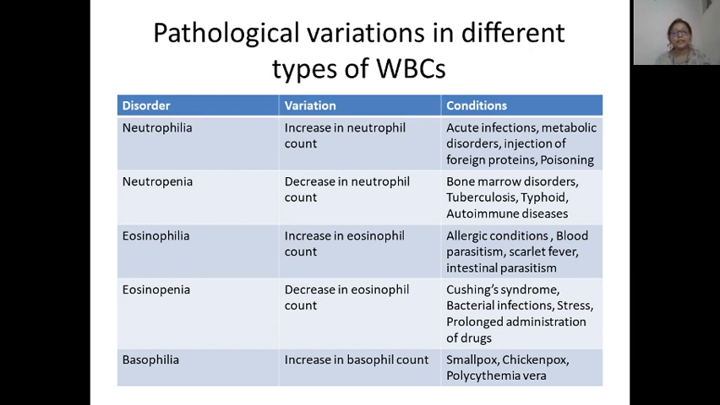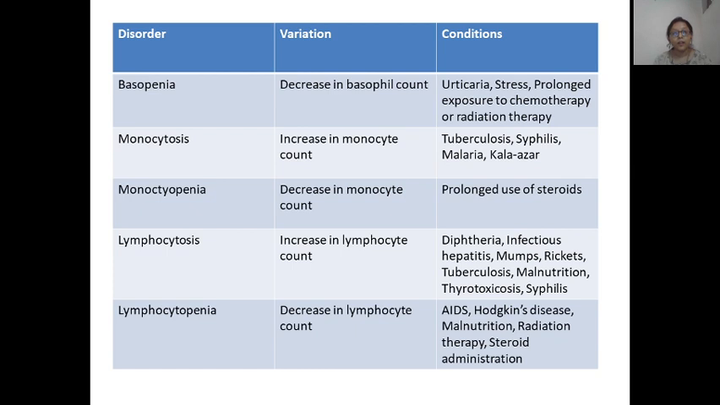Basophilia is an increase in the basophil count, and it happens when we are prone to various viral infections like smallpox and chickenpox, and in polycythemia vera, an increase in the number of RBCs. Basopenia is a decrease in the basophil count, and conditions like urticaria, stress, and prolonged exposure to chemotherapy and radiation therapy